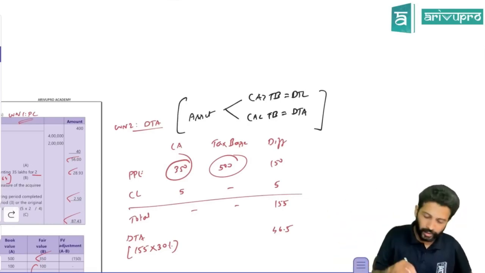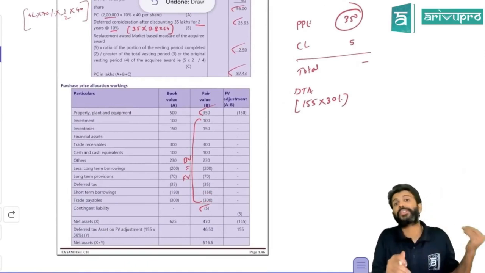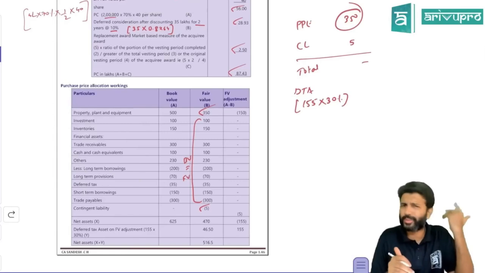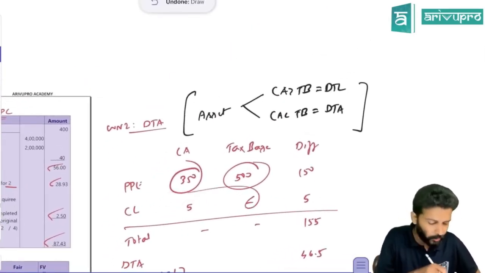It'll be easier. Okay. So another one is the contingent liability. We recorded one extra liability. It was not there in the subsidiary's books because a contingent liability should not be recorded. This is recorded as per IND AS 103 requirement. So the carrying amount of the contingent liability is 5. Tax base is 0.